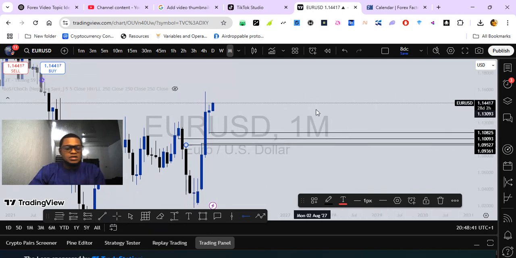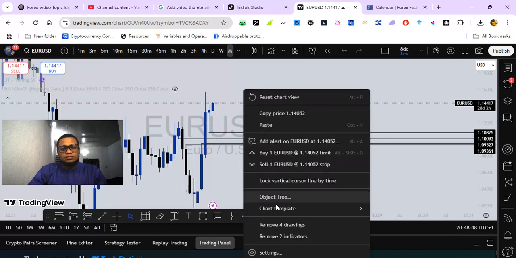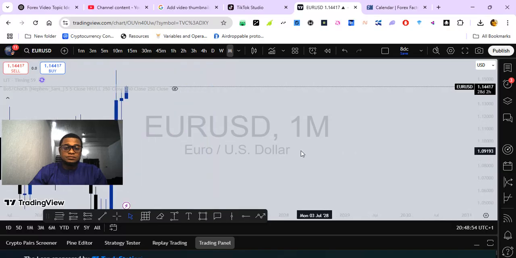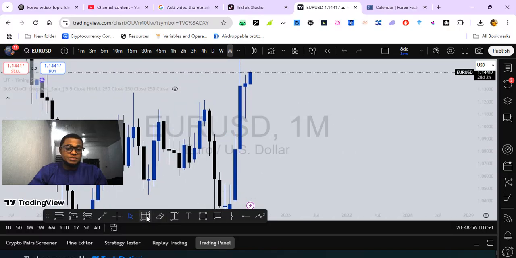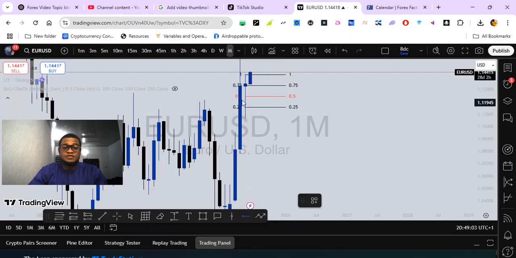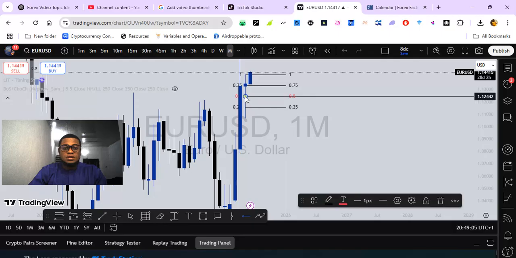Probably second week, third week of June, we'll start seeing that retracement back to this place. Because I won't be forcing retracement when it's not giving me the signs for the retracement. So what I want is a healthy retracement, at least 50% of the previous month's price action. So we have here,